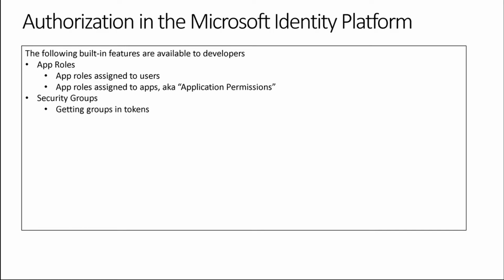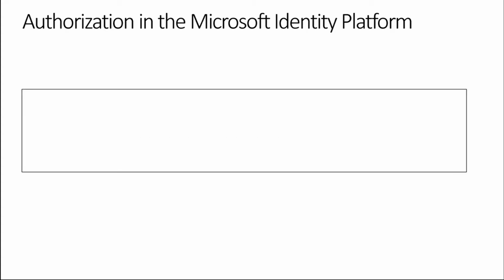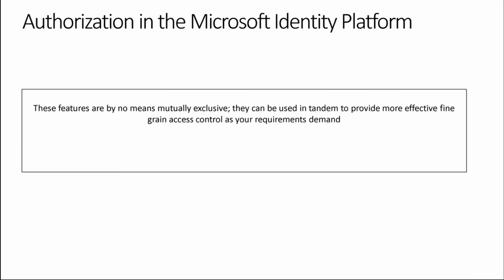We would first cover how to get security groups in your tokens. We will discuss a new feature that we started supporting, which is nested group memberships. We would also cover application groups, which is the most wanted feature for a very long time, which is essentially how to limit the groups that an application works with and gets in their token. The one question that we often get asked is, what is Microsoft's guidance on using one or more of these? And as I had explained earlier, these features are not meant to be used mutually exclusively.